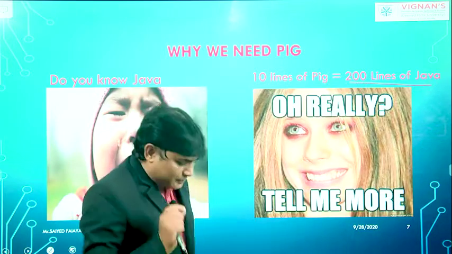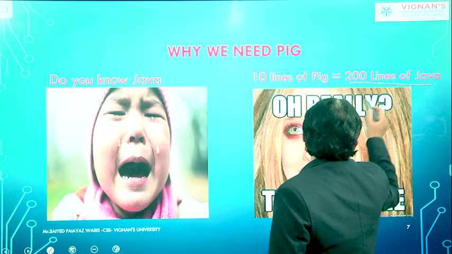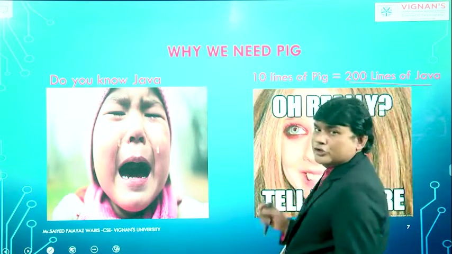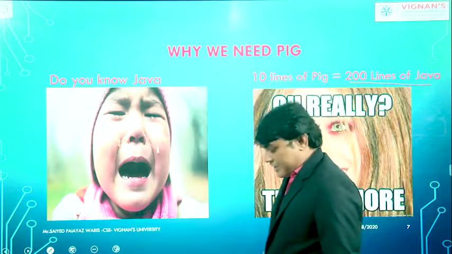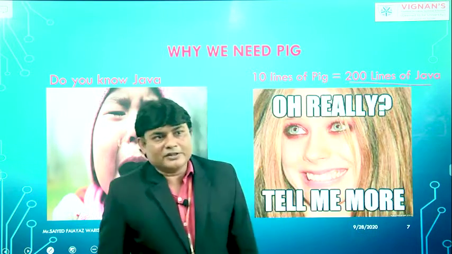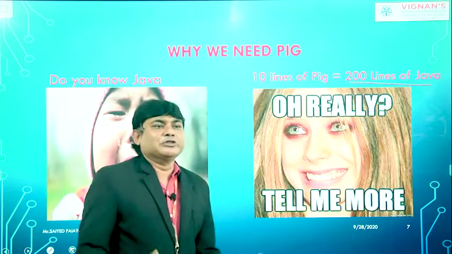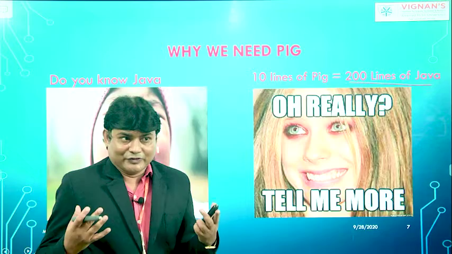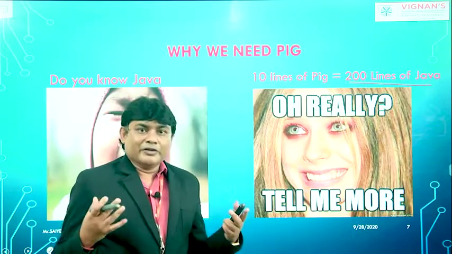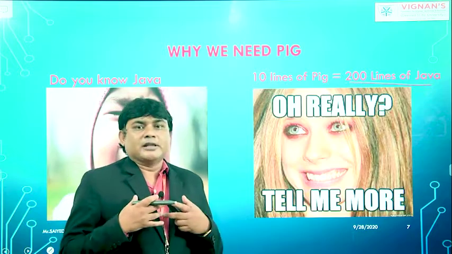So to solve the same problem, we can write 10 lines of code, which is equal to 200 lines of Java programming. That's why Pig is very famous, and by using Pig, the Yahoo people have become very happy. They're coming with happiness on their faces. They're saying, great, we got a Pig tool. With Pig we can work miracles on Hadoop, we can process large data sets.